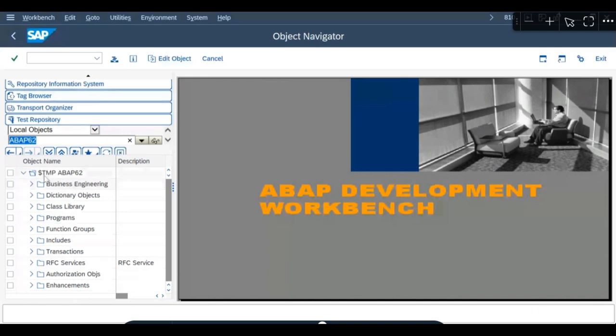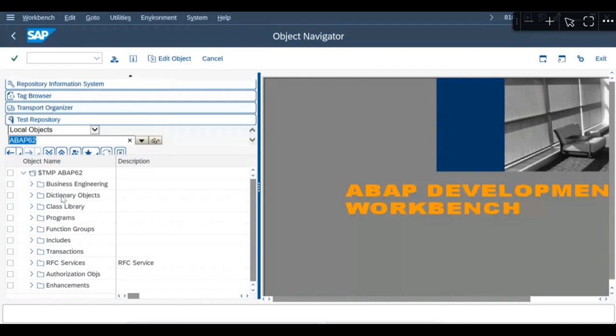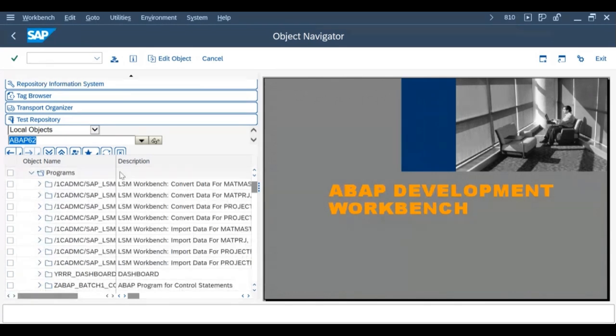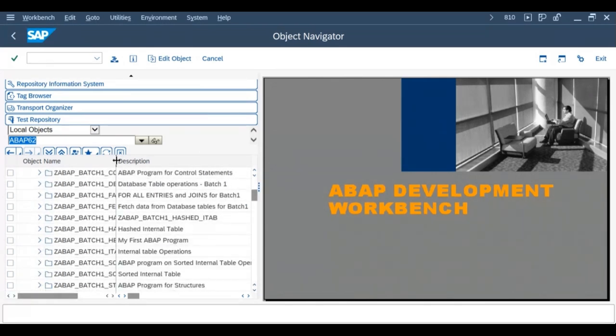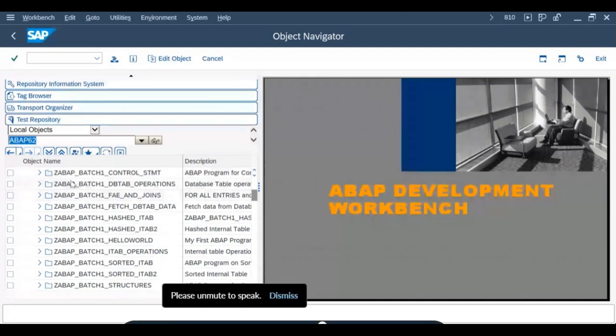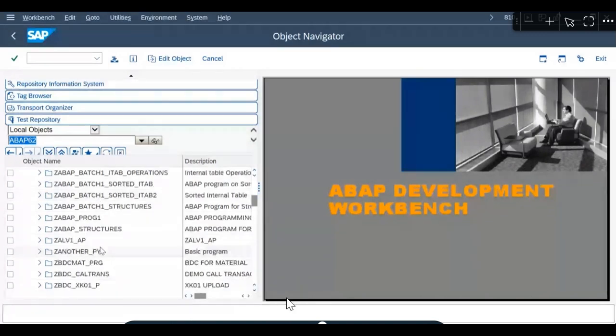In ABAP-62 user, you will find all the relevant objects under local object. So $TMP is a local object. $TMP is also like a package which is created by SAP, right? So if you go to this program section, you will find all the programs which you practiced so far, like the ABAP batch 1. So you can see there are many programs available over here, which were saved under $TMP